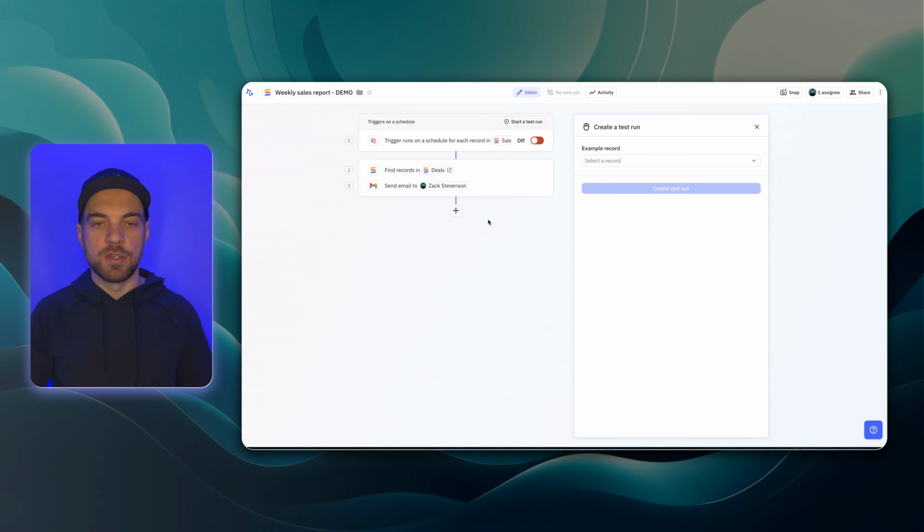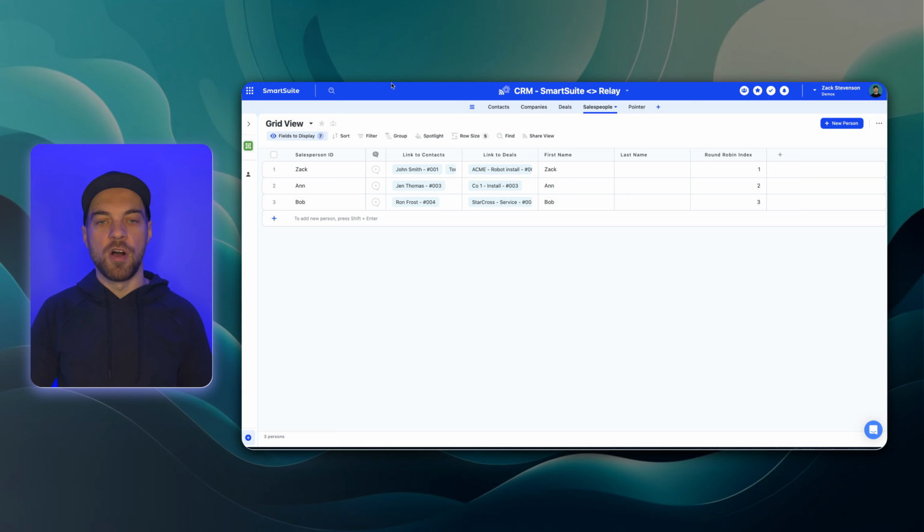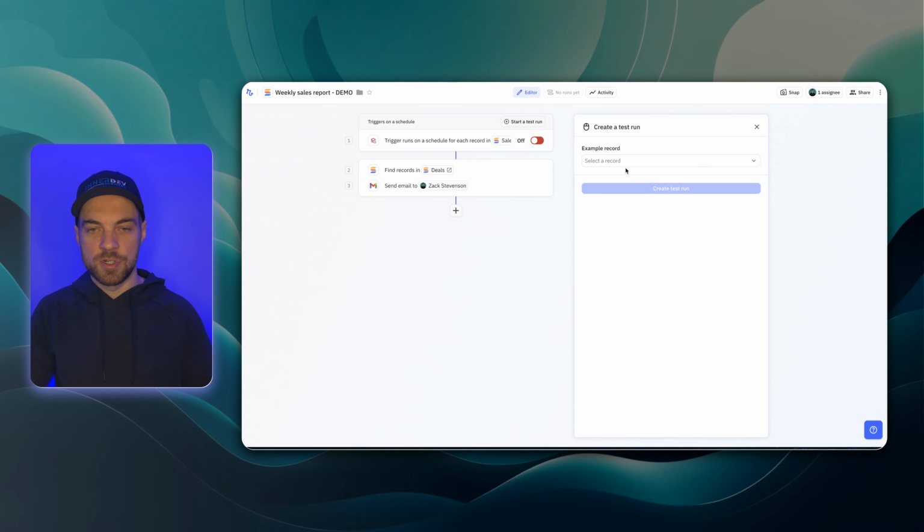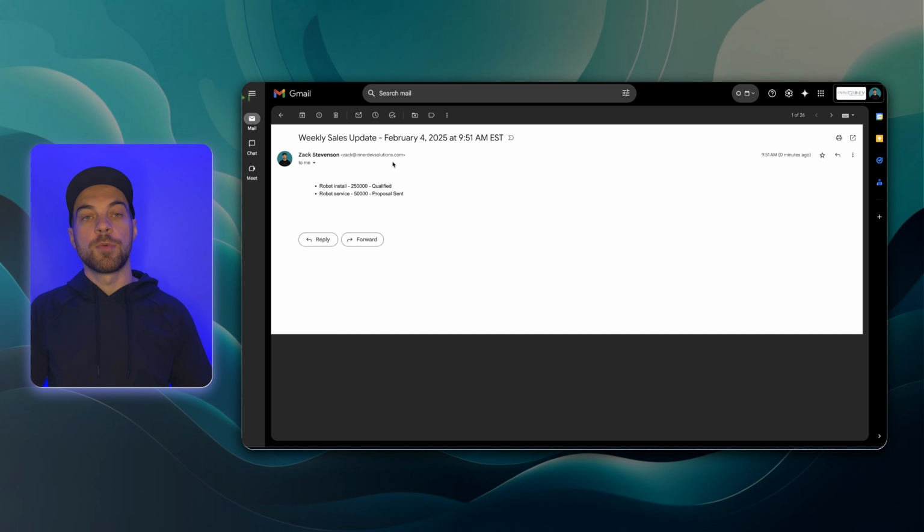Start a test run. Once you enable this, and if it's weekly on every Monday morning, it will trigger and fire for all of your salespeople, but we're just doing a test run. So I have to select an example record, start the run. We can see it sent me an email, weekly sales update, says the deal name, the value, and the stage. Maybe be helpful also to add in the company name, but that's how you structure that type of simple report